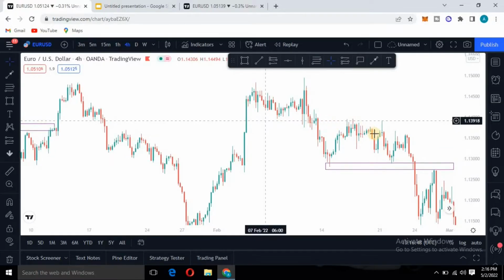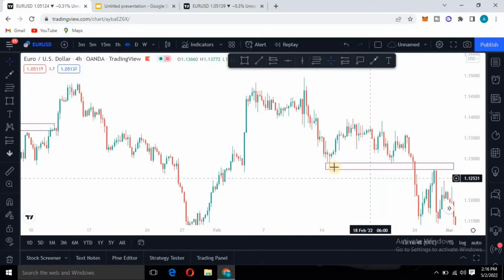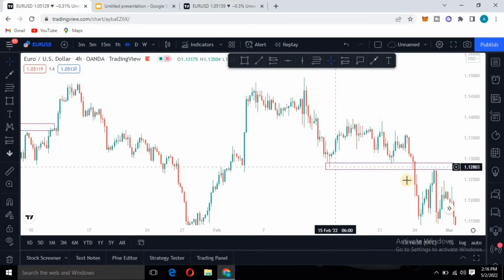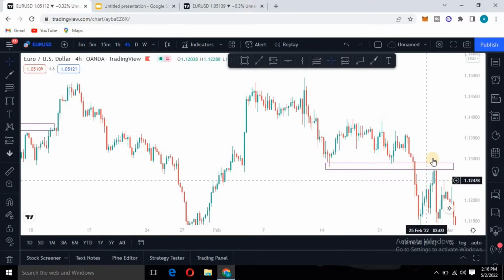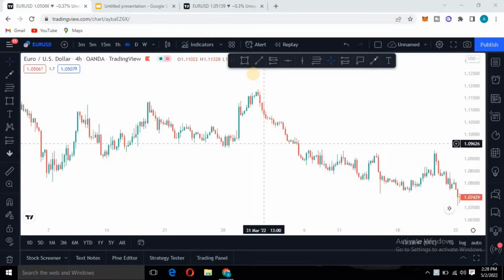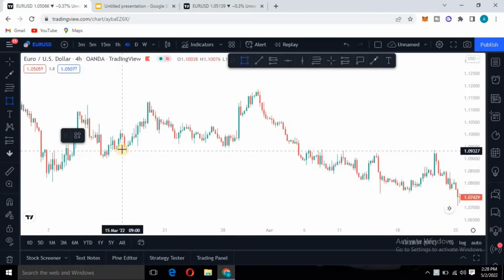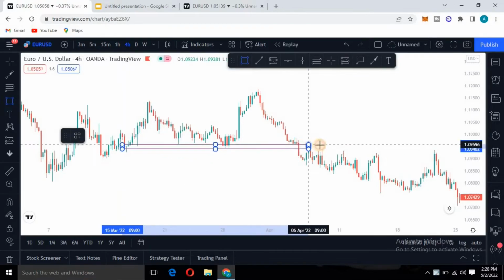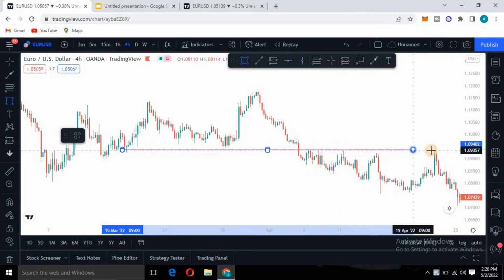So whenever you're analyzing, always have in mind that there is a tendency for a support level to turn to resistance, or a resistance level to turn to support. Moving on, you can see another example here. If you come to this place now, you discover that by the time I put a kind of resistance here, with the support here which turned to resistance, you see